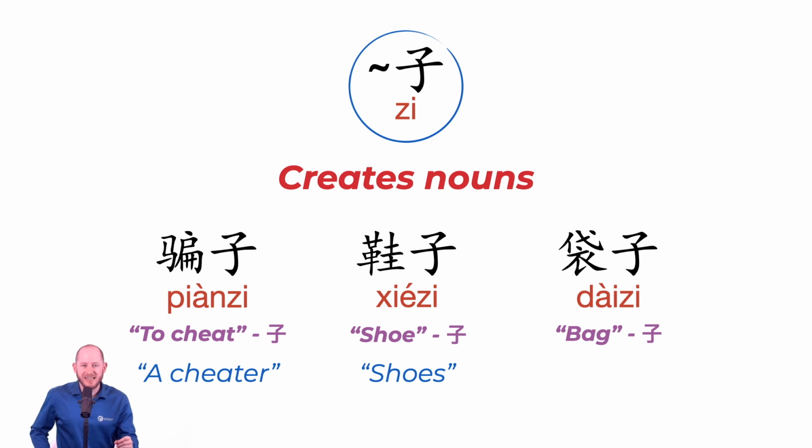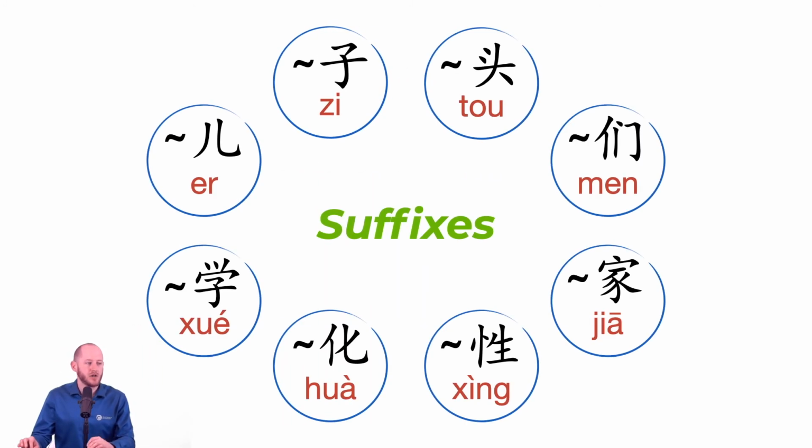Generally, when it's creating nouns in this way, it's talking about the general term for them. You know, 勺子 is the word for spoon, but as soon as you want to say 汤勺, a soup spoon, that's more specific, you drop the zi. So this happens all the time with the zi, and it also can happen with tou.